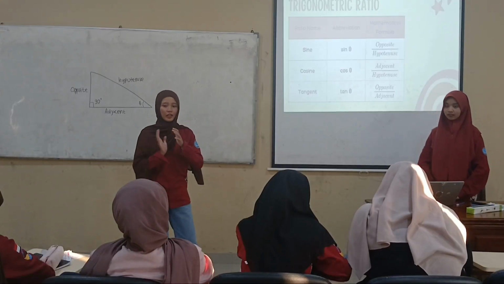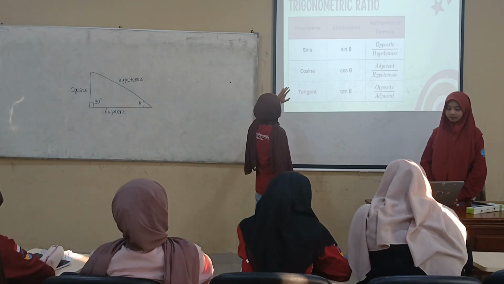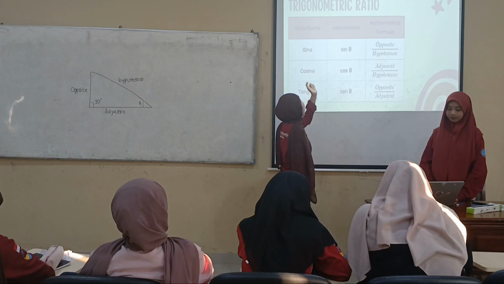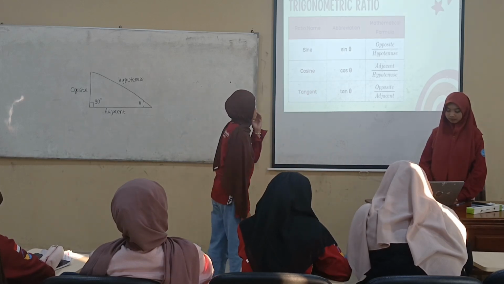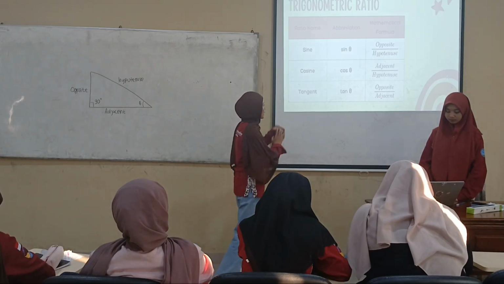Okay, this is the trigonometric ratio. For sine, the symbol is like this, and the mathematical formula is opposite over hypotenuse. And for cosine, the symbol is